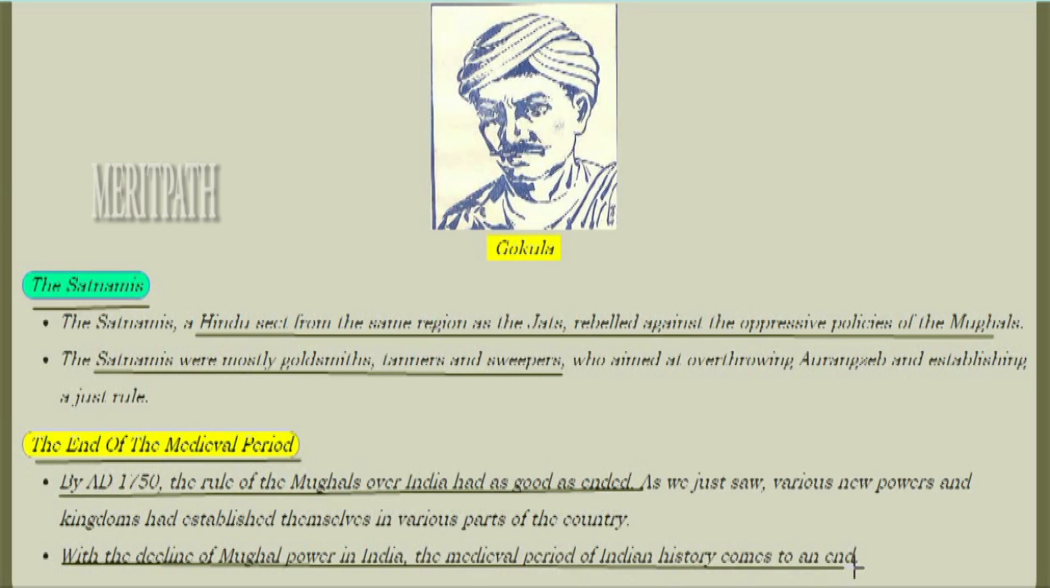The end of the medieval period. By AD 1750, the rule of the Mughals over India had as good as ended. As we just saw, various new powers and kingdoms had established themselves in various parts of the country. With the decline of Mughal power in India, the medieval period of Indian